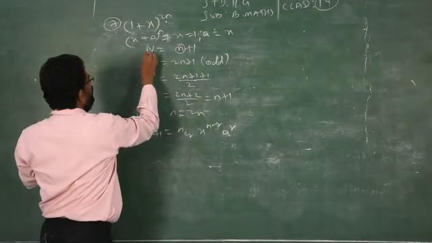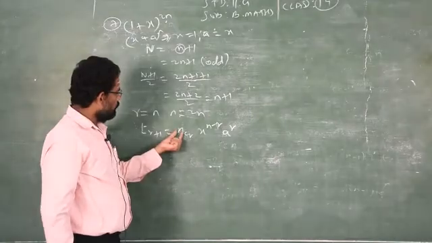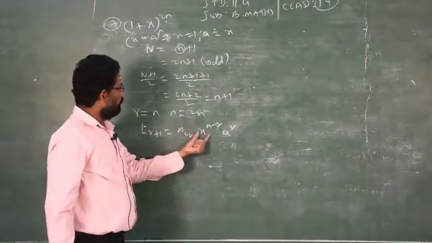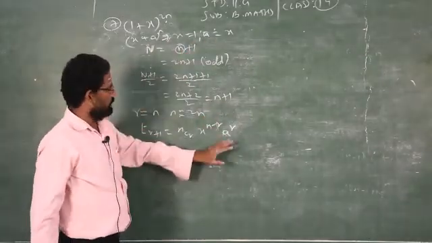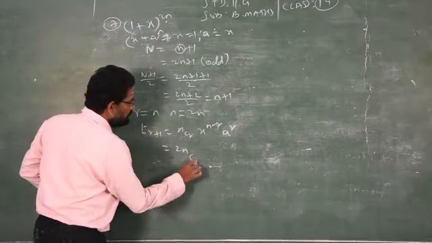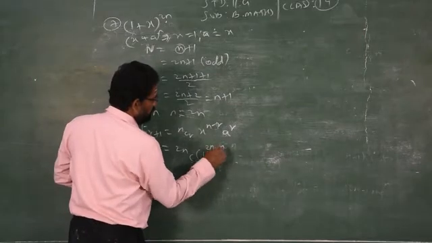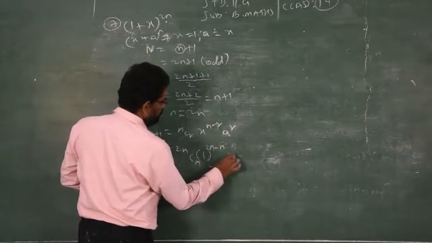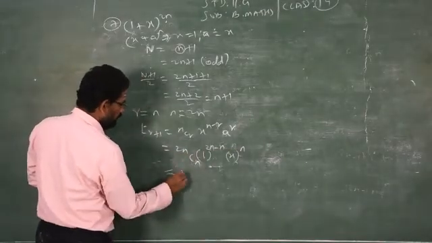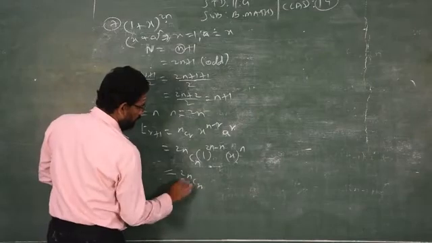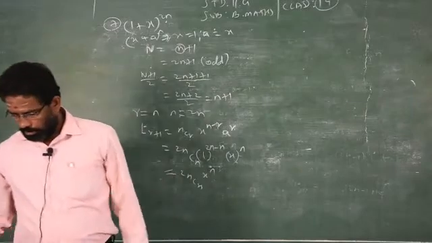Then you know how to find out capital N by using n plus 1 formula. Same process, you have to replace n by 2n, r by n. What is your x? 1 power anything is always 1, this is not necessary, a is replaced by x, x power r. What will come actually? 2n combination with n, this will become x, x power 2n minus r, 2n minus n, a is x power, r is replaced by n. So 1 power anything is always 1, so you will get 2n C n, combination with n, then x power n. So just you have to simplify like previous model, you will get answer.